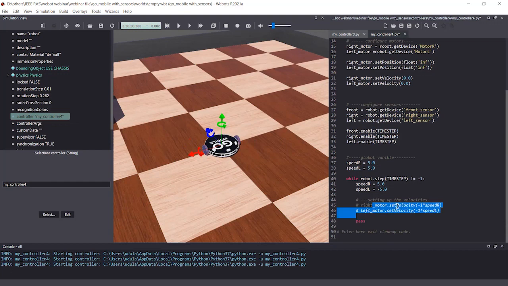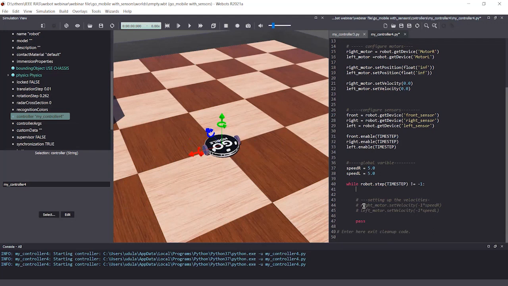So let me comment out this. Let's see how we can read sensors. I'm going to use value L for the left side, value R for the right side, and value F for the right front value.